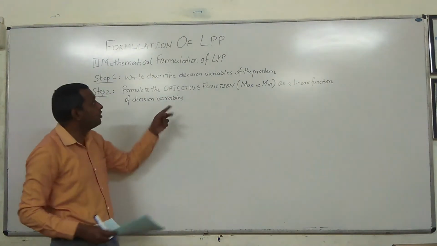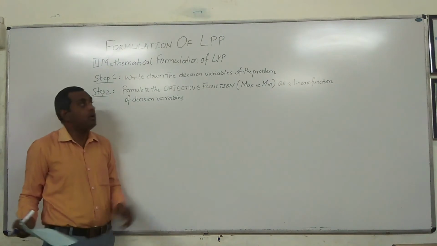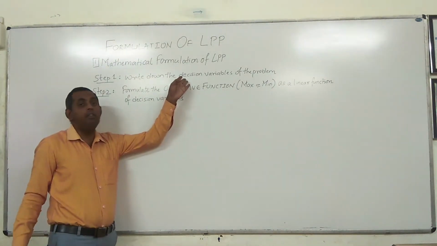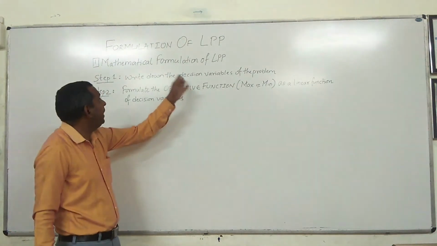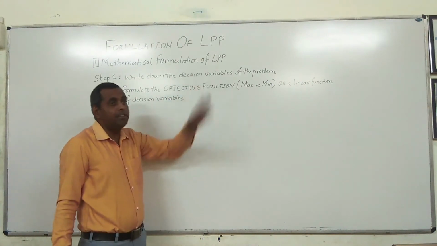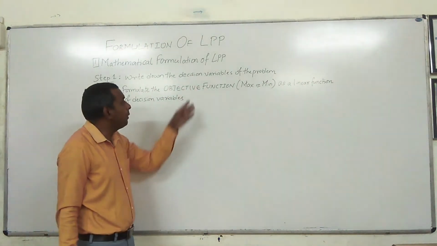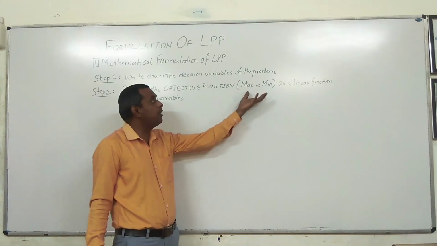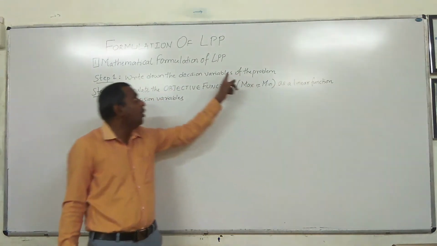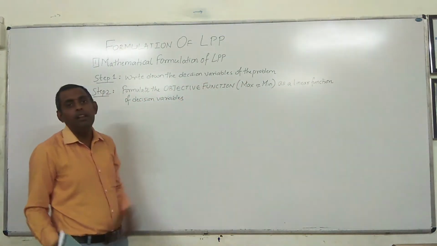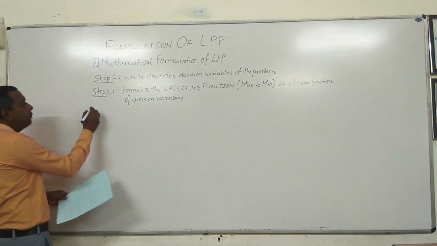So let us see the relationship between step 1 and step 2. In step 1 we write down the decision variables. Then we prepare the objective function, whether to be minimized or maximized, as a linear function of these decision variables. Whereas step 3,